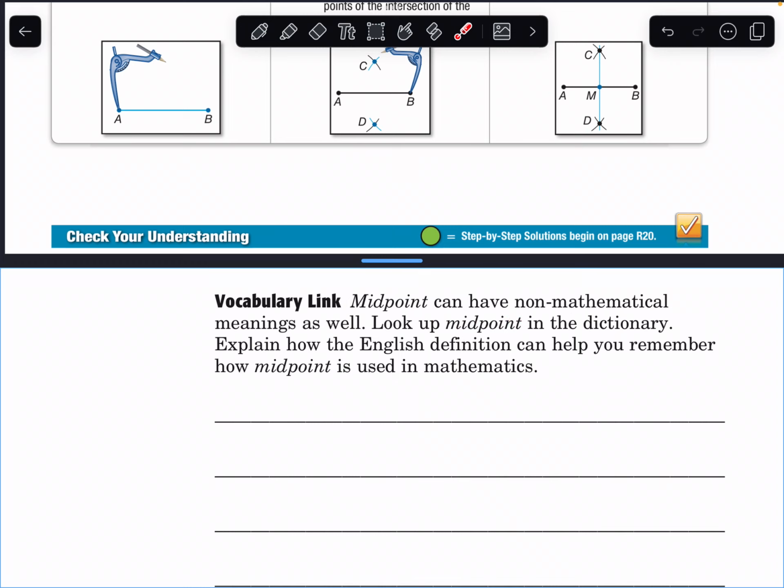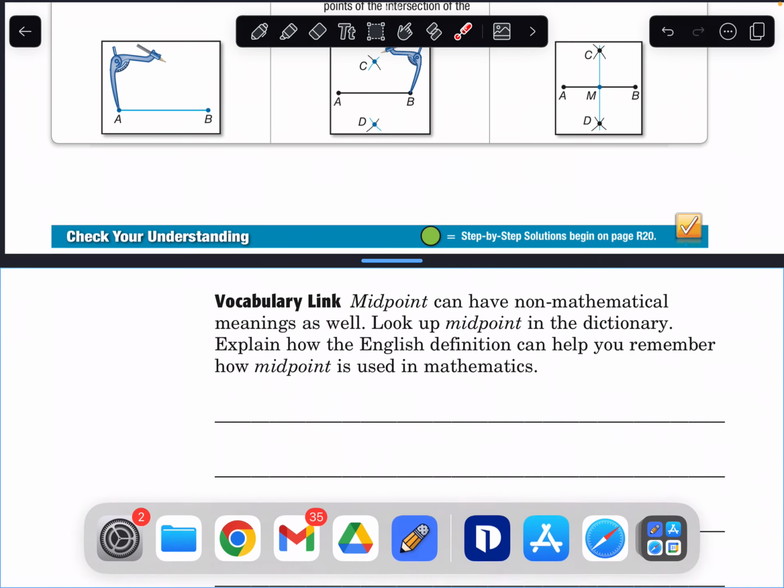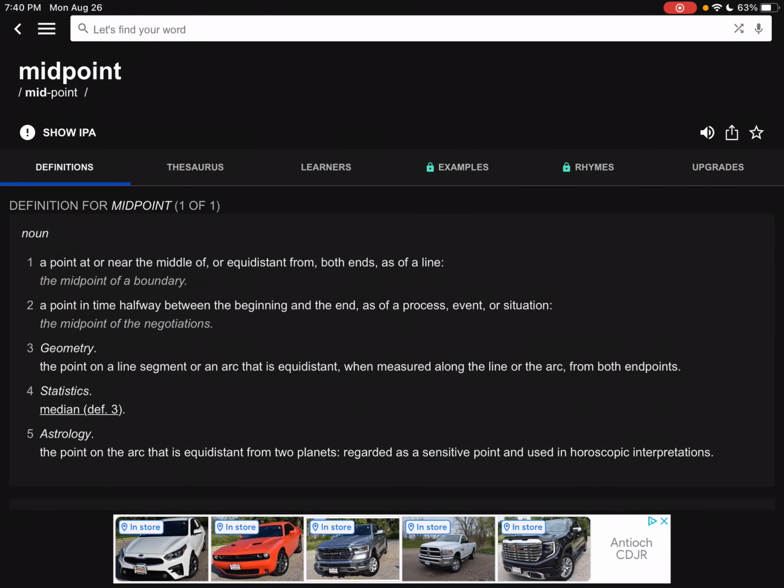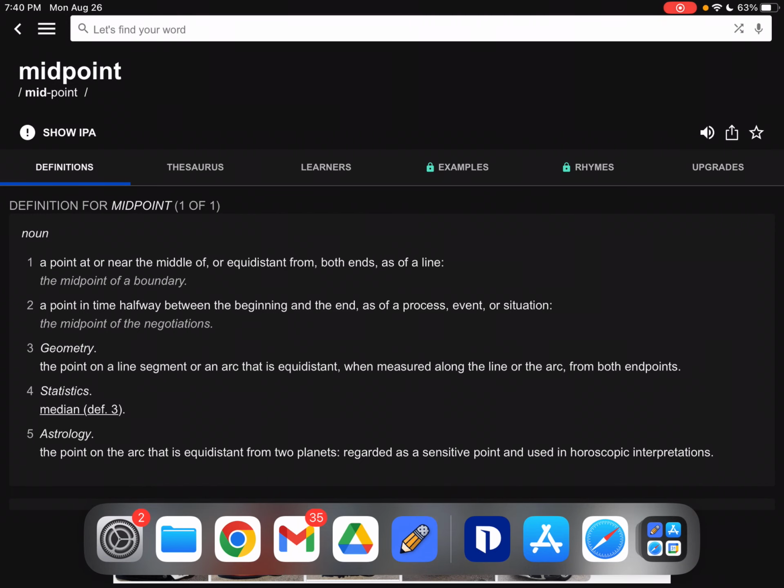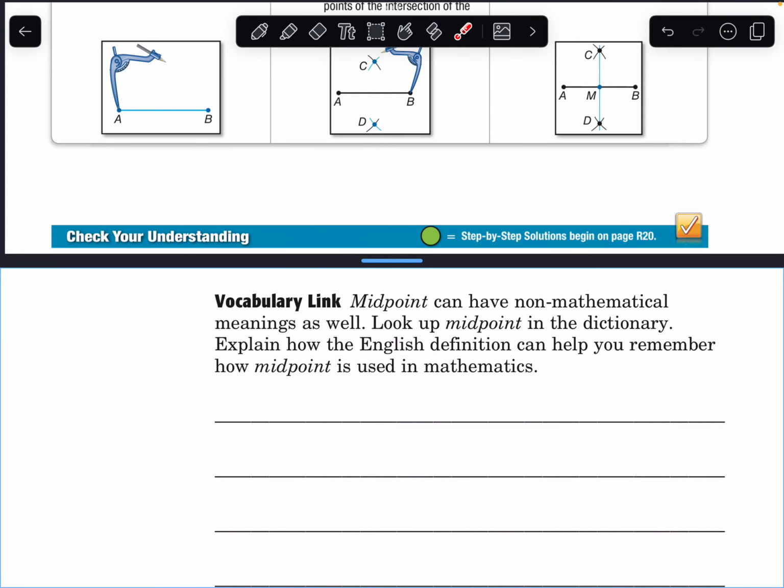Midpoint can have non-mathematical meanings as well. Look up midpoint in the dictionary. Explain how the English definition can help you remember how midpoint is used in mathematics. I have gone ahead and done this ahead of time. So here is midpoint in the dictionary: a point at or near the middle of or equidistant from both ends, as of a line. Or definition 2: a point in time halfway between the beginning and the end, as of a process, event, or situation. Okay, so this will help us remember because it means